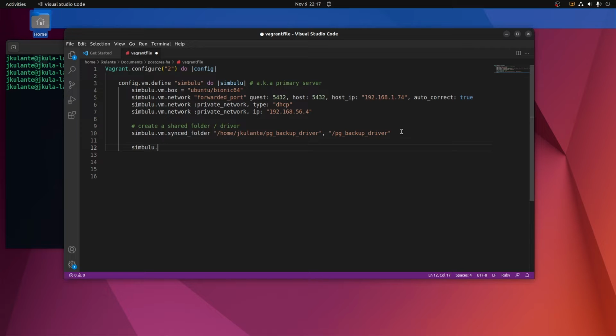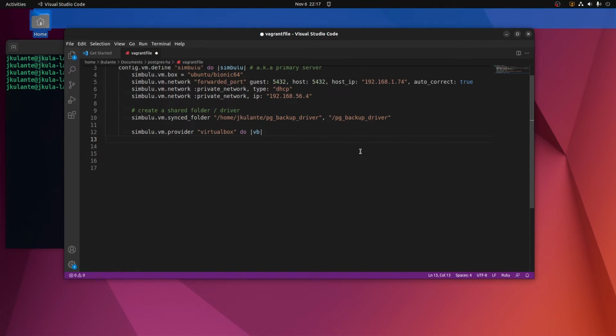Next, we need to configure the provider. So Vagrant needs a provider in order to launch your VM. So we'll be using VirtualBox as a hypervisor, where Vagrant will launch our future VM. So what we're telling Vagrant here is that when you're launching the VM, we want you to get the ID of this VM